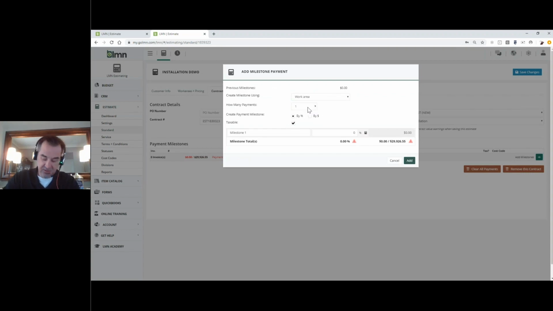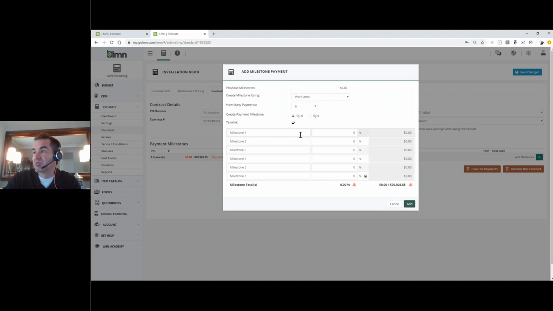So I've got 6 work areas, so I'm going to create 6 different invoices, and this one I'm going to go by dollar amount. So my first milestone is going to be my front porch and steps, and the amount on that is $74.30 and 90 cents. My next milestone is going to be the walkway,